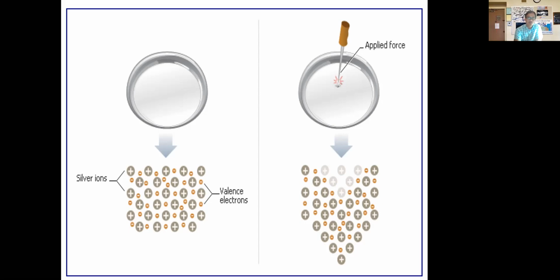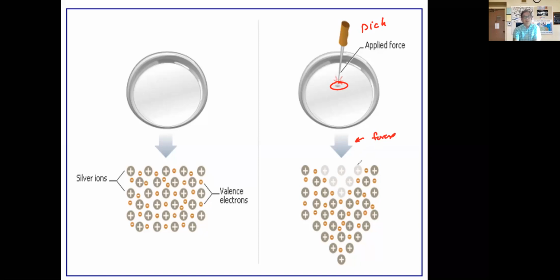We're going to apply force. We're going to push down on the metal with this pike here. So we take this pike and we push down right there. So you can imagine this on a microscope. That's what's happening on the macroscopic level. On a microscopic level, we're taking our force right here. So there's the force, and we're pushing down on it.